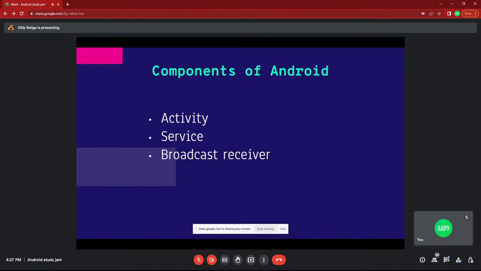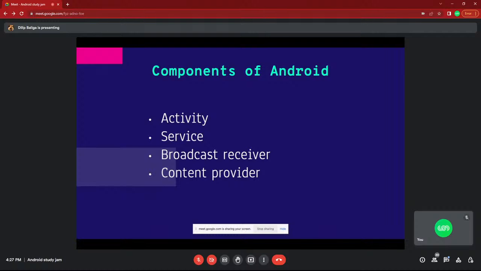We are receiving that message, and we keep listening whether a message came or not. If a message came, we have a certain pattern for it. We read the OTP code from that message and fill it in, and then it happens automatically. That is the use of a broadcast receiver.